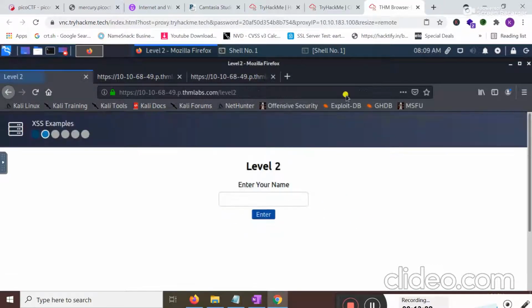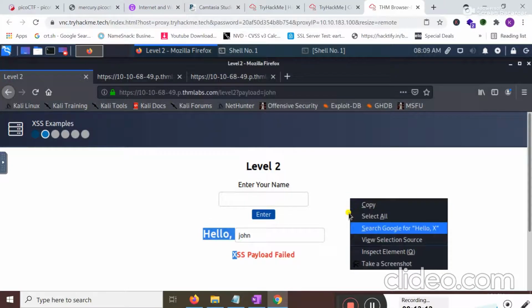Okay, when I click on level 2 and put in my name and hit enter, obviously I should check the source code.